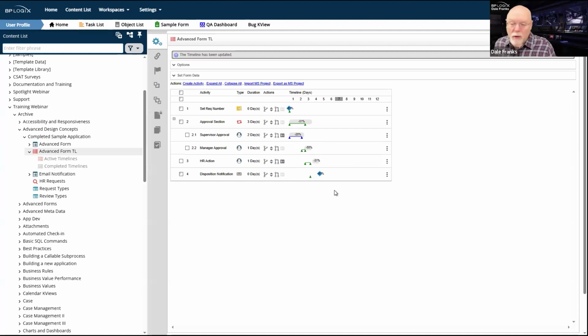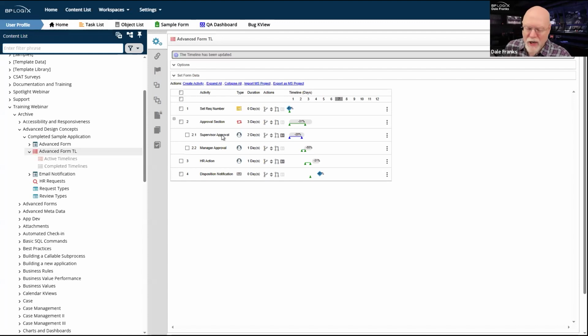Now, this is not going to affect any running tasks. Any of the running activities that happen to be in this particular task, the supervisor approval task, they will not change. The duration of the task and the assignees and all of the other properties associated with this task instance were set on task start.